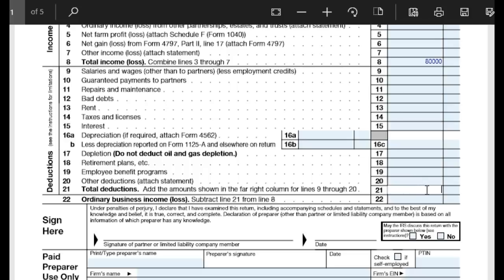And for us, for this example, and for my real world business, I don't have anything in the way of any of these deductions. So that's just going to be a big fat 0. And then ordinary business income or loss is basically just going to be taking your total income and subtracting the deductions. And then that's going to be what you enter into box 22 here. So for this example, it's simply going to be